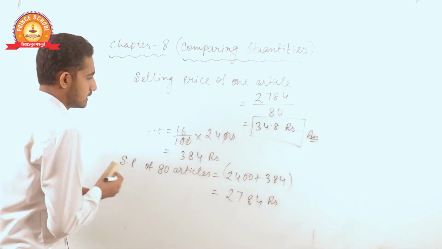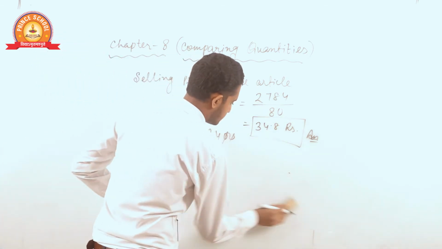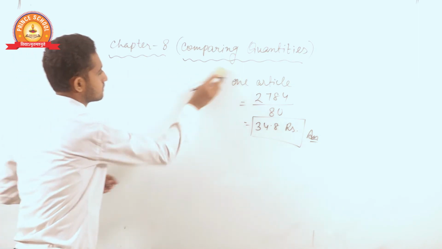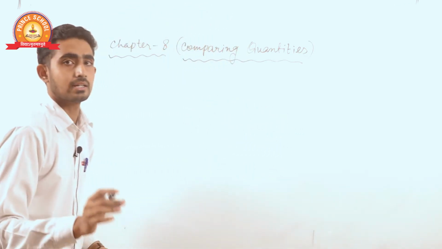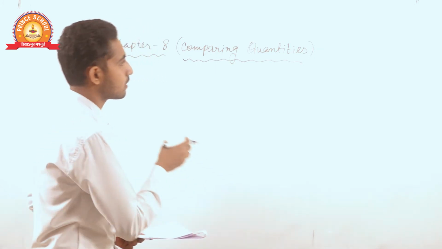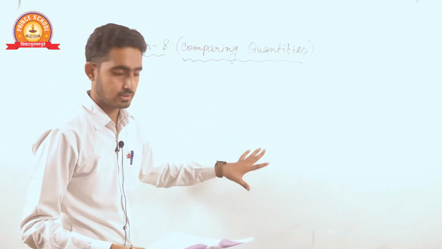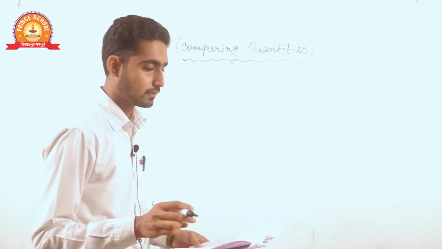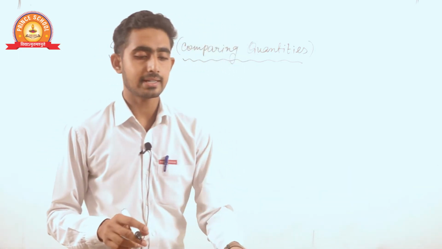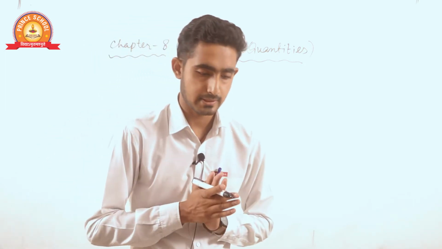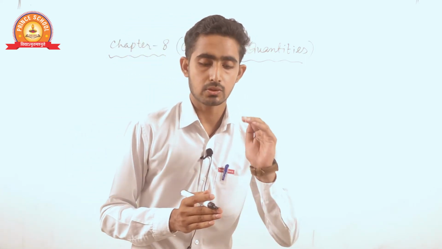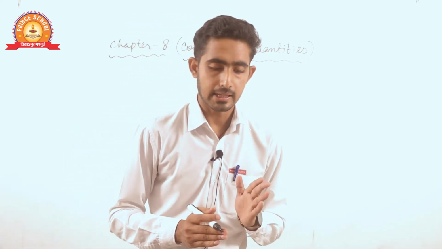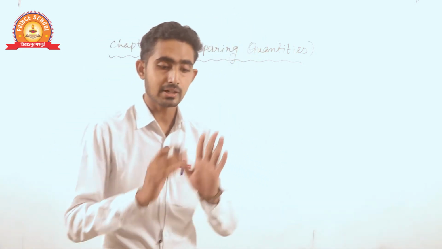Now comes question number 4. Actually, if you observe these questions and understand the language, then you can easily solve all of them, because all the questions are formula based. Now in question number 4, the cost of one article is given as 15,500 rupees and 450 rupees were spent on its repairs. If it is sold for a profit of 15%, then find the selling price of the article.